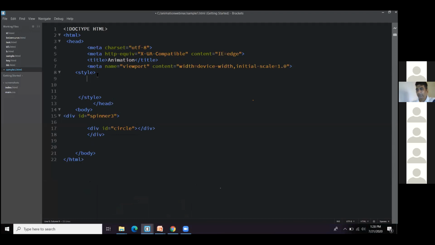Spinner 3, I'll be placing it at some margin position. As usual, I'll just take position. You can take the same position as a relative, a circle.